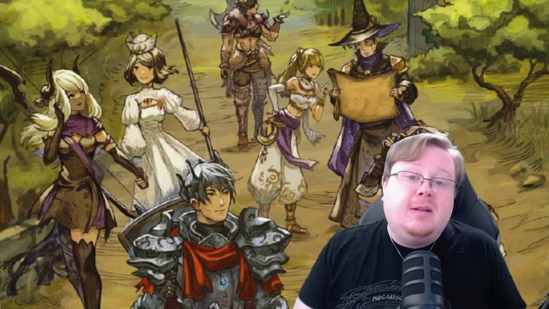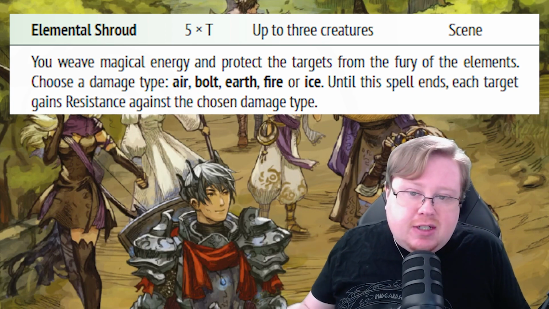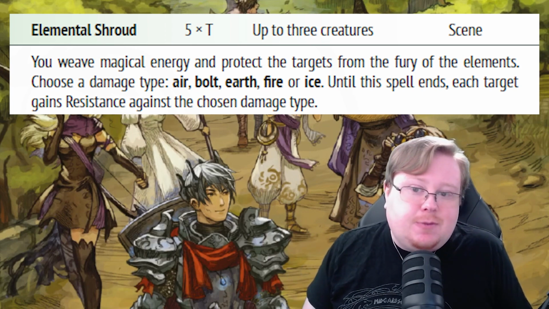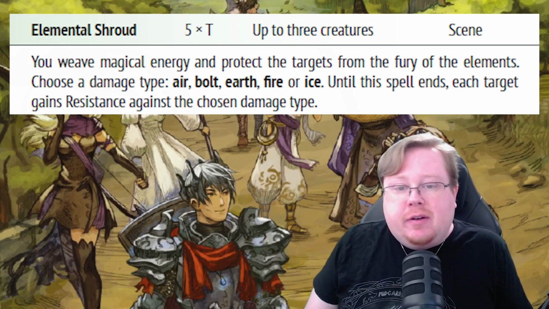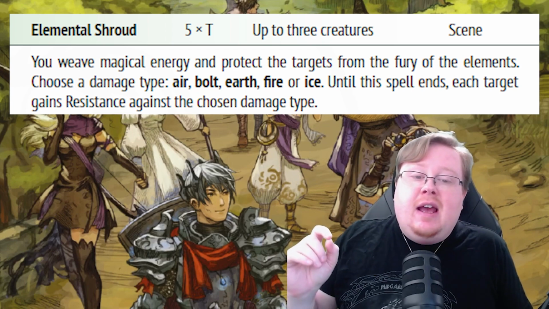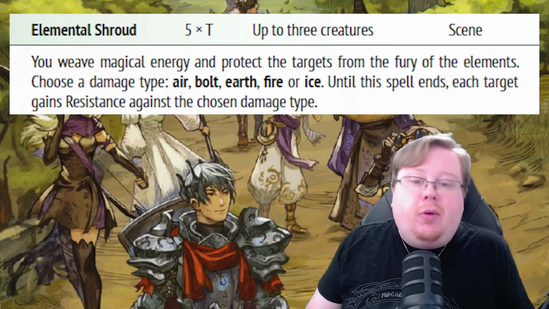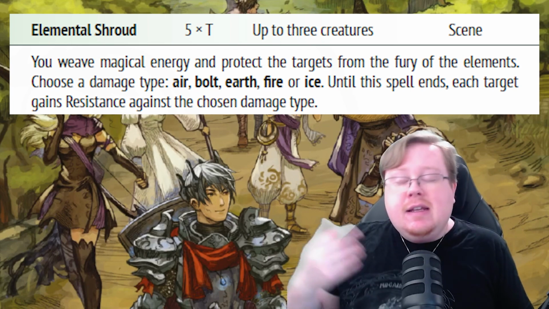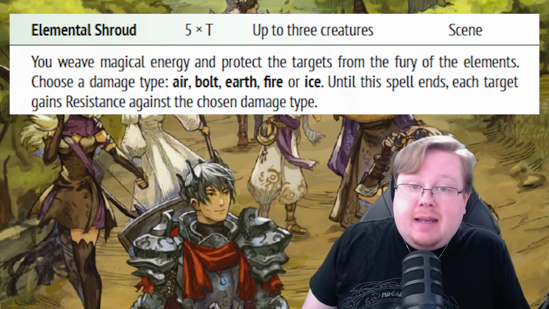First, we're going to talk about Elemental Shroud. This one is really good. It can target up to 3 creatures, and the spell lasts for this scene. What it does is you spend 5 times the number of targets, so up to 15 mind points, to give each of the targets a resistance to a type of elemental damage of air, bolt, earth, fire, or ice. So for the rest of the scene, up to 3 targets get resistance to a particular type of damage, which